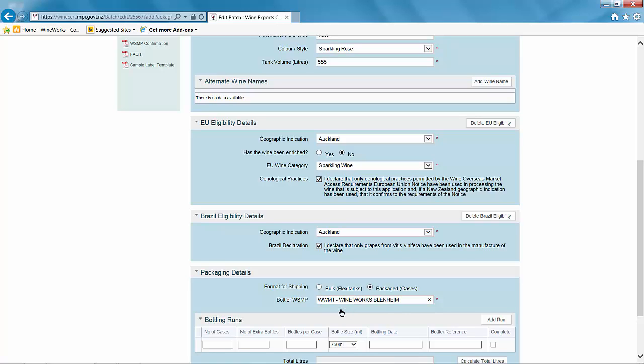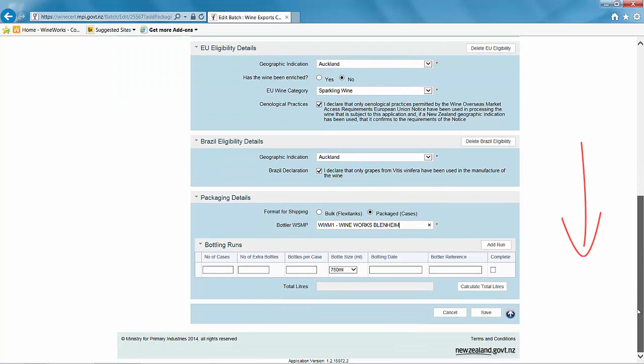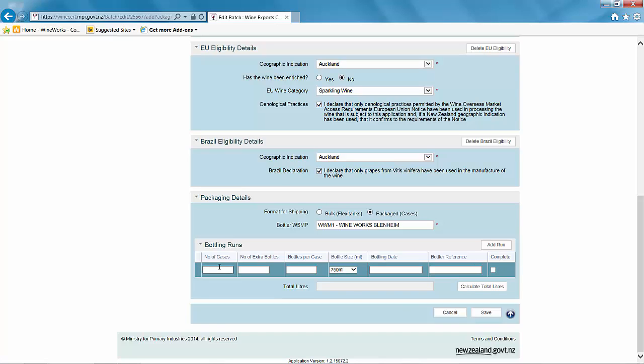To view the bottling run section, scroll down to the bottom of your page. Within this section, you'll need to enter the number of cases, the number of extra bottles, the number of bottles per case. You will need to select the bottle size,